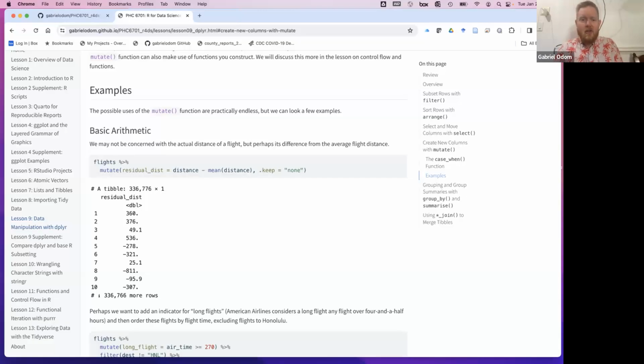Welcome back. So we had talked about the mutate function and particularly case when, and that's one of the helper functions from mutate that would allow you to build a ladder of logic to create new columns. It's very, very important that you be able to do that. So for instance, one of the examples that we have used this for in the past is historically the NIH